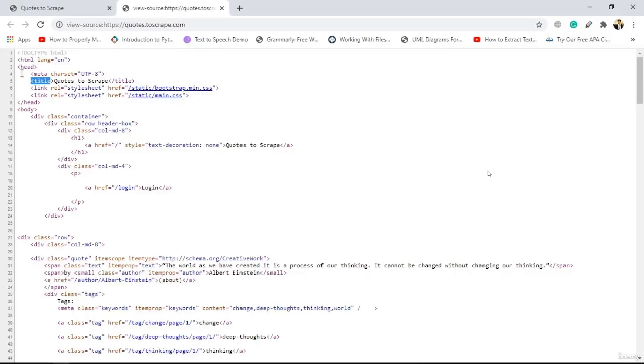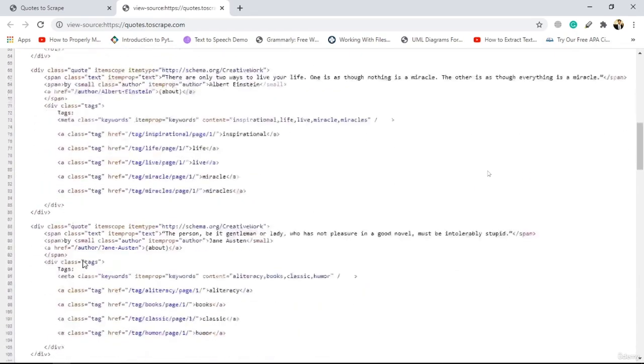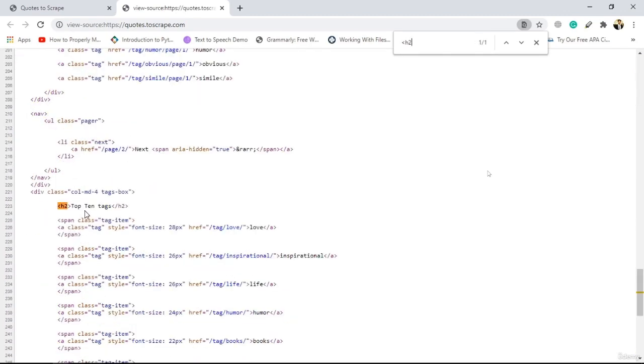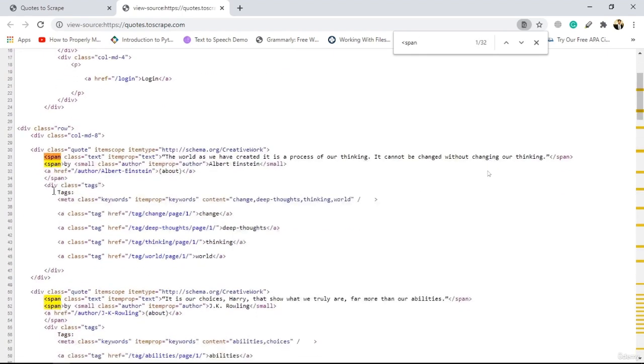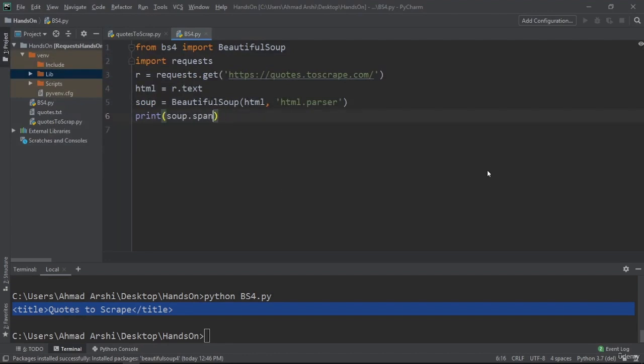So instead of title, let's say I go for h2. There are some h2s there. Okay, so there is only one h2. Let's say I want to see some repeating elements, we can go for span, I guess. Yeah, so there are certain spans. So if we click on the span type, come here and put this here, and now hit it,